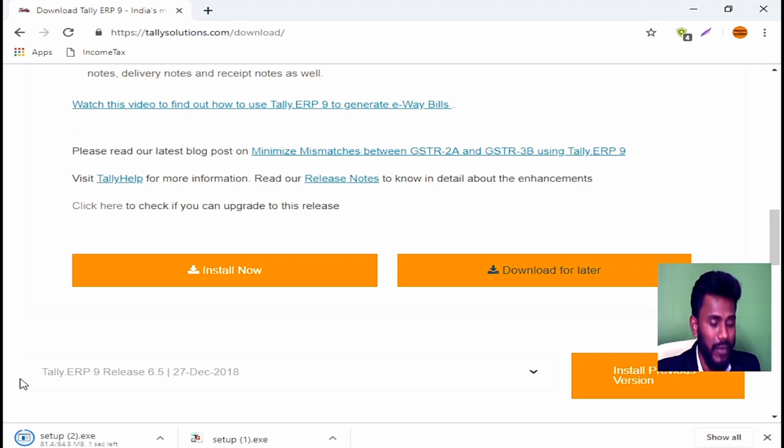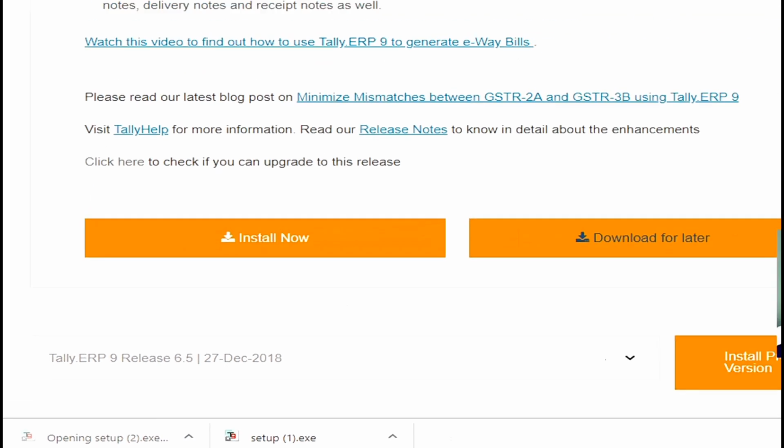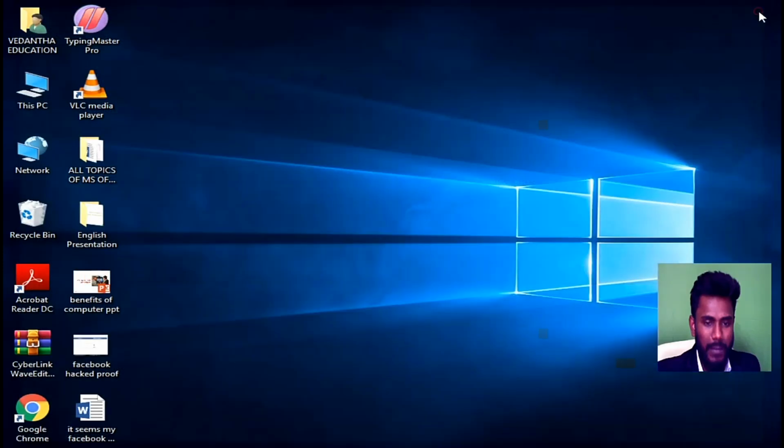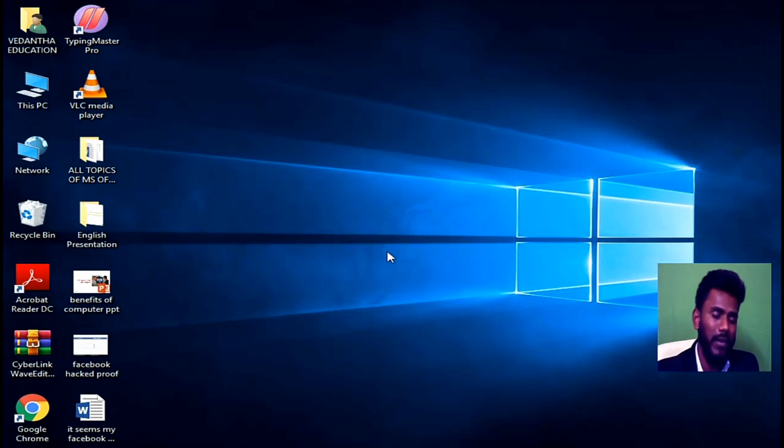Once the file is downloaded, click on the setup file, and you may close the application. When you click on the setup file, the installation process will automatically get initiated. You just allow the permissions and wait for 2 to 10 seconds.